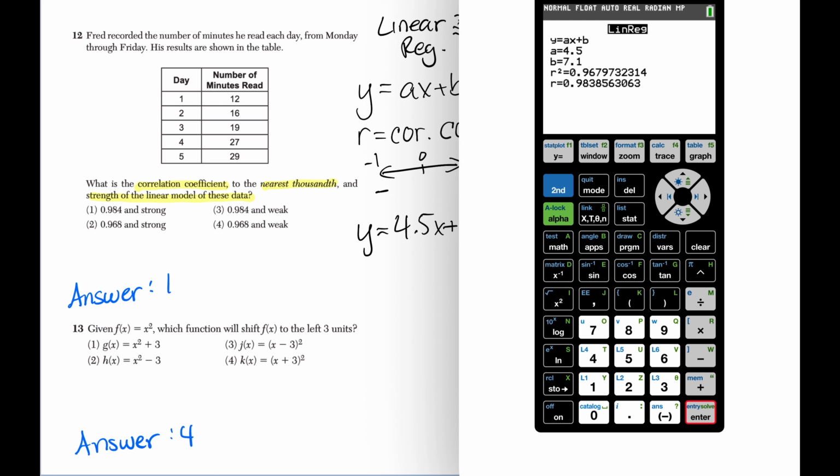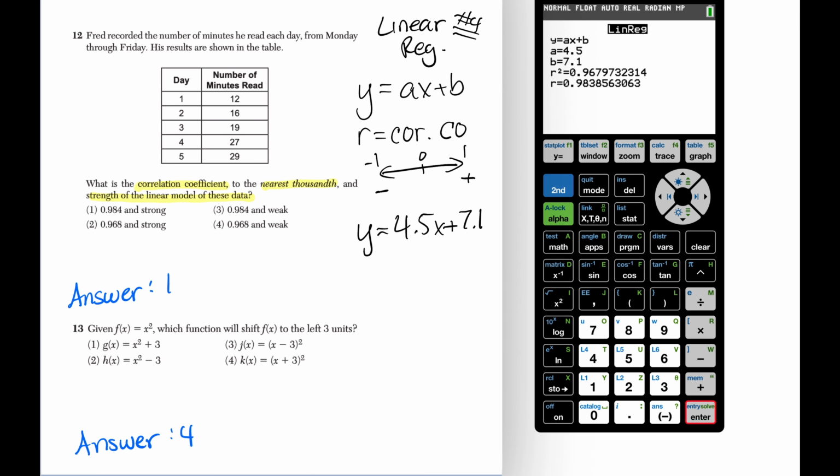And boom, now we have our R. And you can see we have R is equal to 0.983. So let's put that in. R is equal to 0.983. And we're going to the nearest thousandth, the 3 and then 8. So I'm going to round this up to 0.984 is our R. So because this number is very close to 1, to positive 1, I can say that